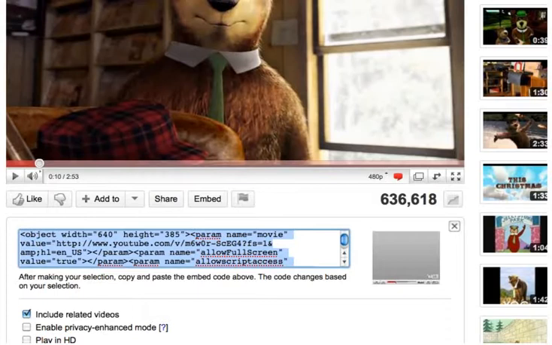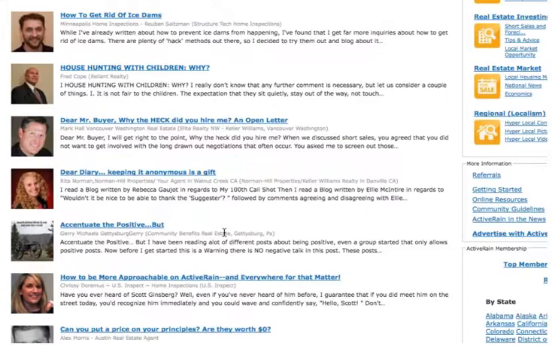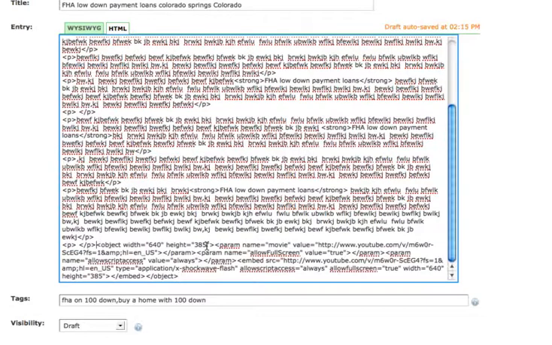I come back to my post on ActiveRain. I just paste in that embed code. Here's that embed code I just pasted in. Everyone see that? It literally is that easy. Now let's say I want to add something underneath that video, like a map. Well, I copy my space code, which is right here. I put it at the end of the one code, and now I'm ready to go grab an embed code